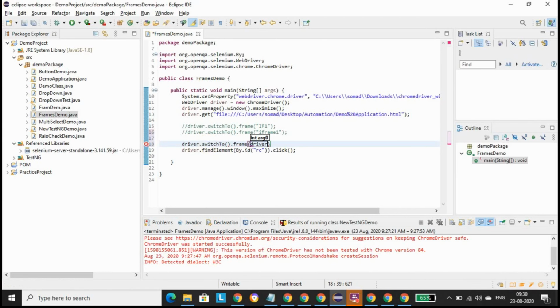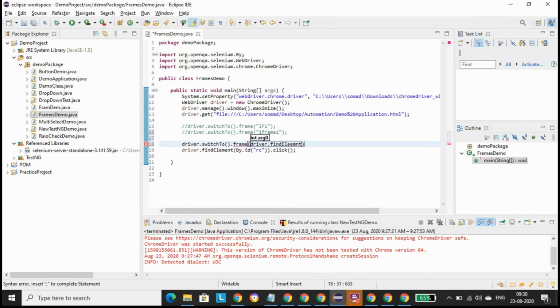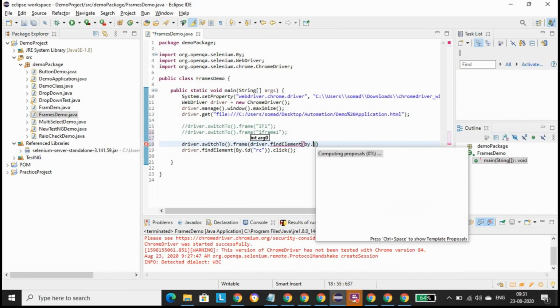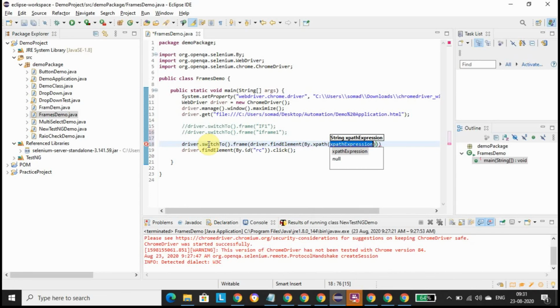So driver dot find element by dot XPath, and we have copied the XPath that we generated just now.